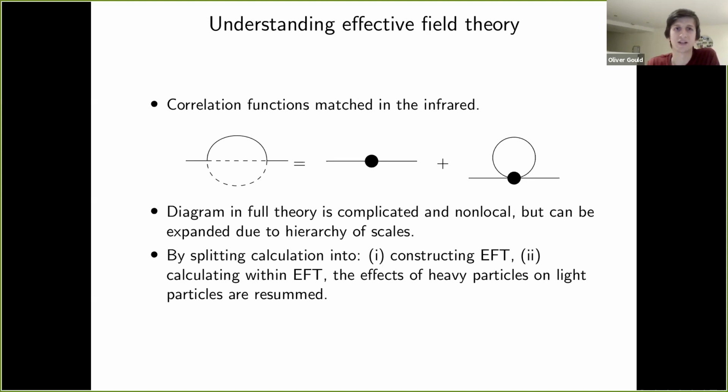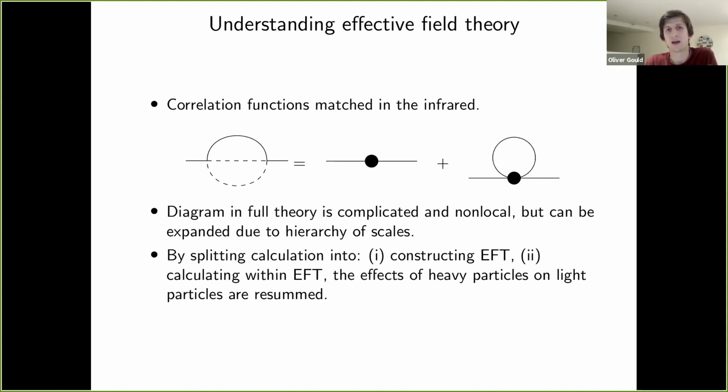And in practice, how that's done is by matching. I guess I'm preaching to the converted, but anyway. So you match correlation functions in the infrared. You demand that the correlation functions agree in the infrared, and by doing that, you can fix the coefficients of the EFT. And as an example here, we have this